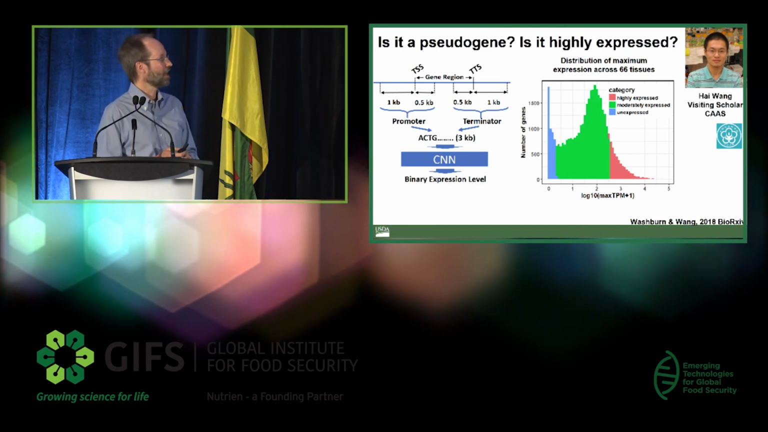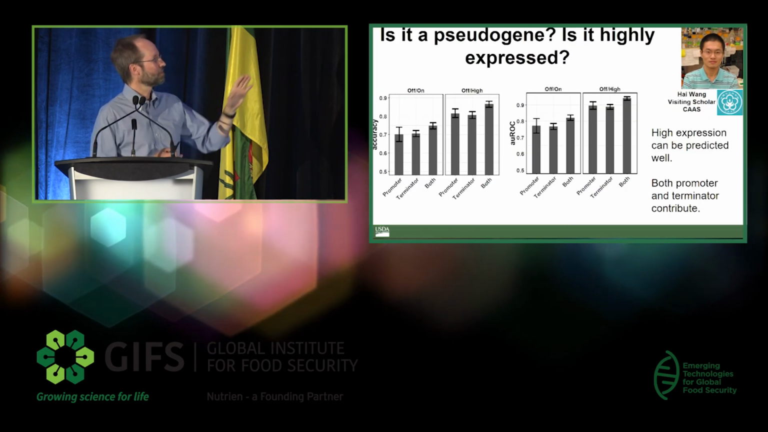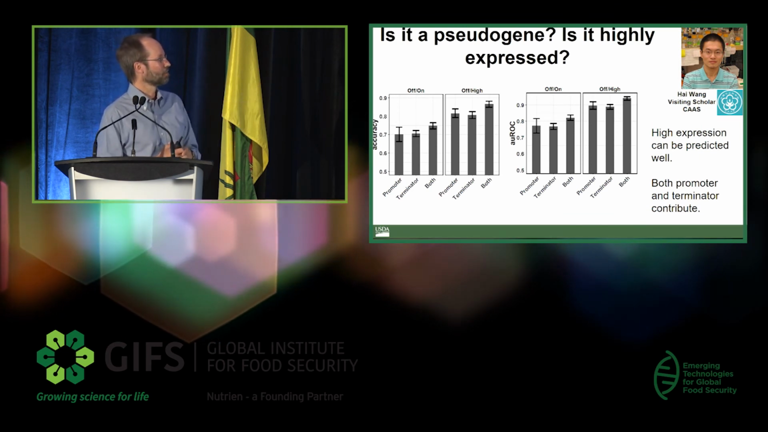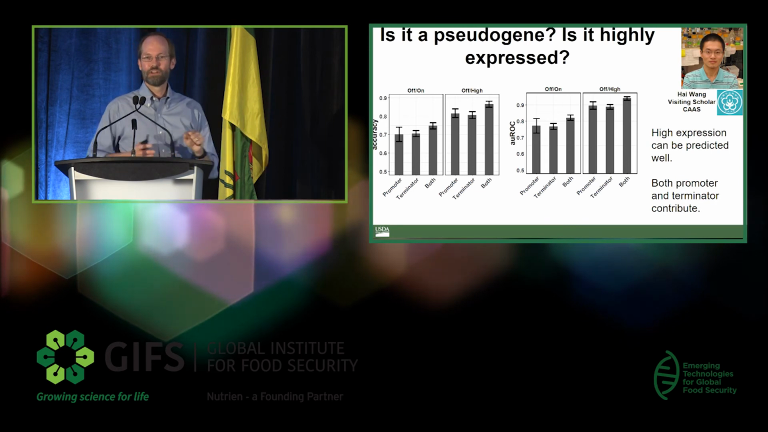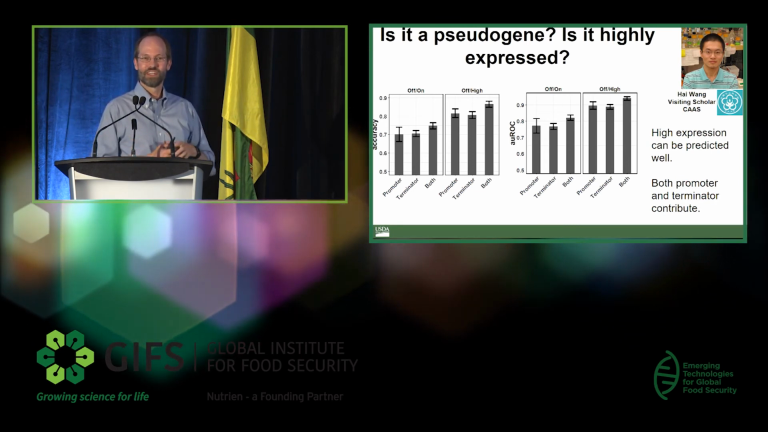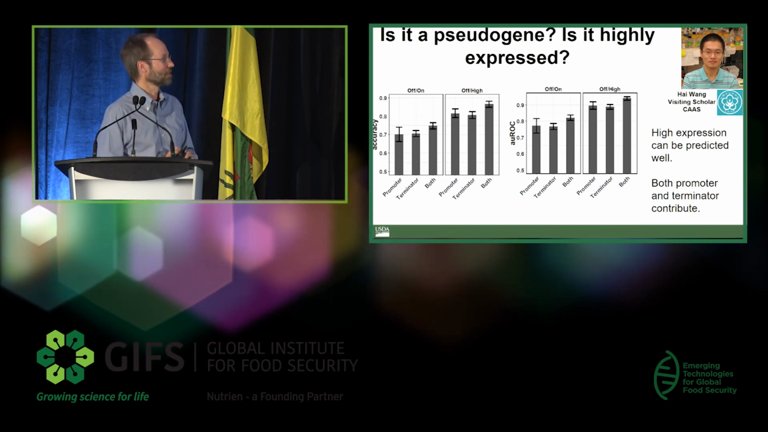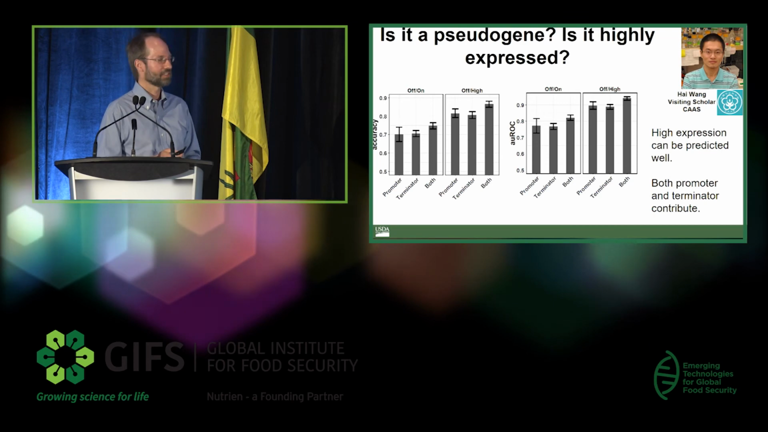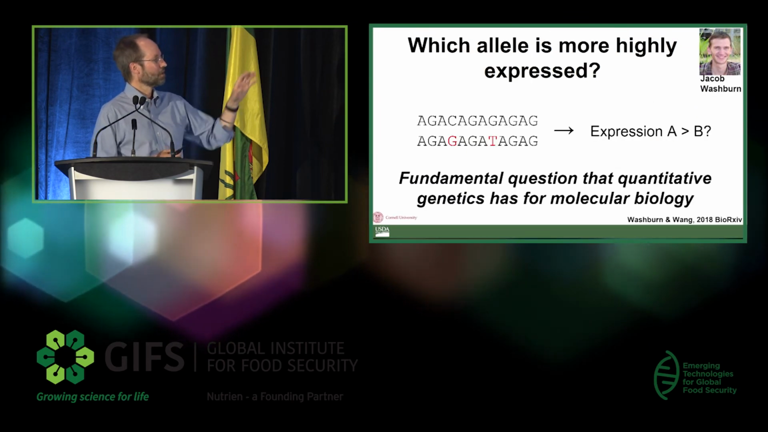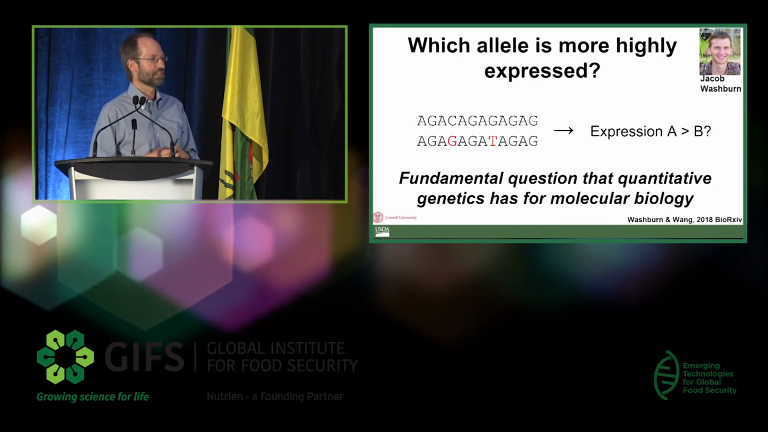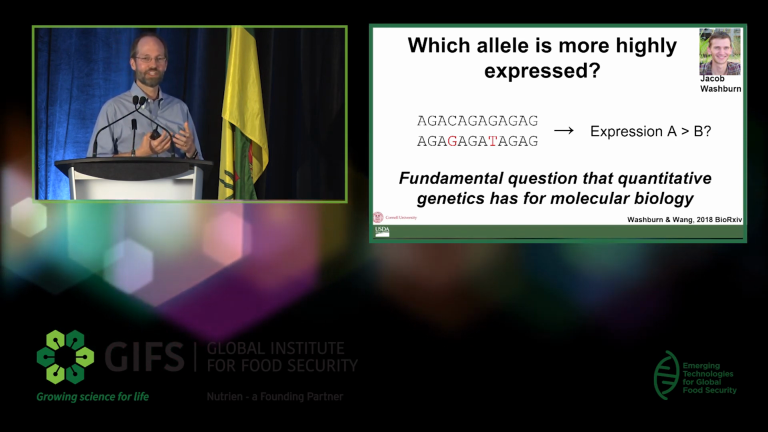And using this type of model, a CNN, he was actually able to come up with an AUC over 90% when he was trying to predict especially off versus highly expressed. So just by looking at the surrounding sequence, we can predict extremely well whether or not a gene is on or off, using just that surrounding sequence. The question that Jacob has approached is which allele is more highly expressed. And for me as a quantitative geneticist,